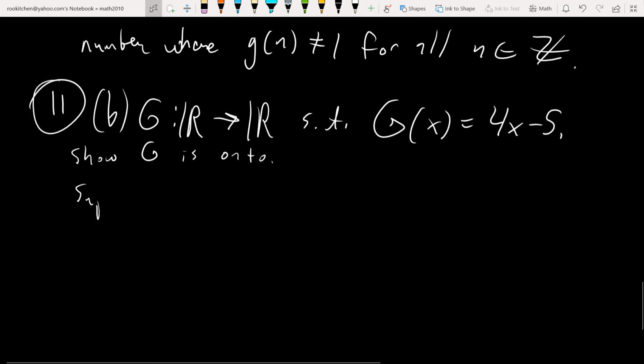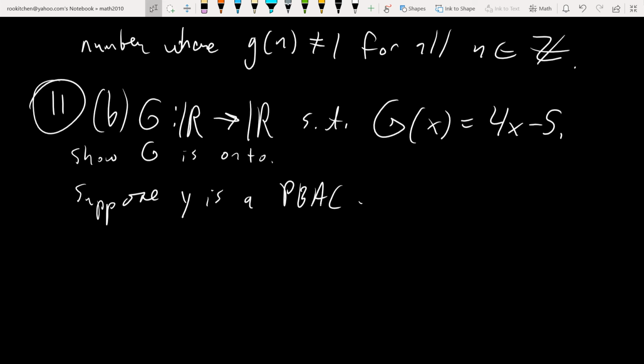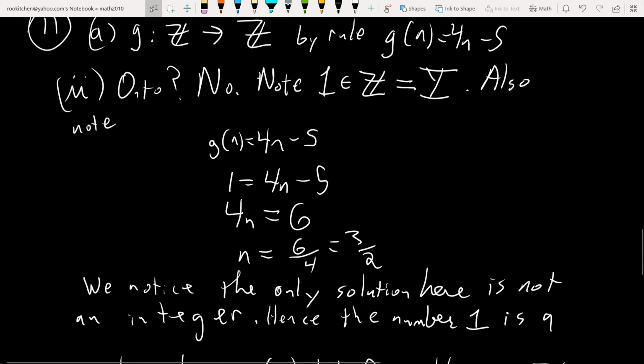Suppose then y is a particular but arbitrarily chosen element in the codomain here, R. So this is where we have to do the back engineering. They'll probably do like a little box or something. And so how do you do it? You're kind of going to do just what you did back here when you were proving it didn't work. You kind of produce a formula